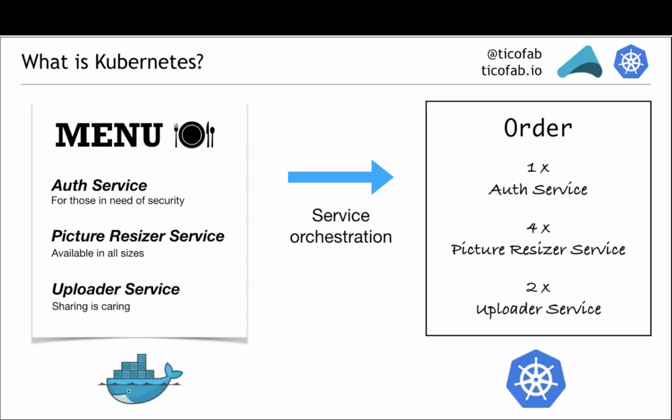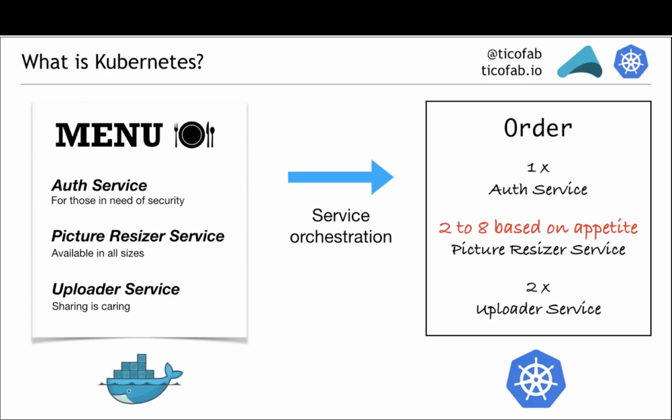And Kubernetes goes further than that even. So for instance, instead of asking for a static 4 instances of the picture resizer service, I could change my order into, I want a minimum of 2 instances up to a maximum of 8 instances based on how hungry I am. And now maybe you might be wondering how is the waiter supposed to know when you're more hungry, when you need more food or less food? Well, we'll get to that in a minute. But this already hints at Kubernetes being able to scale up and down our services.